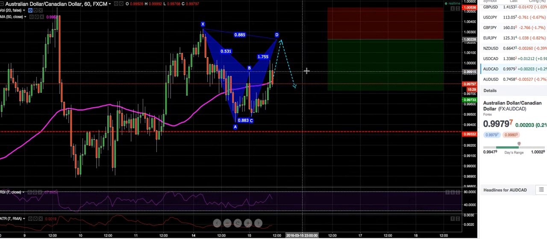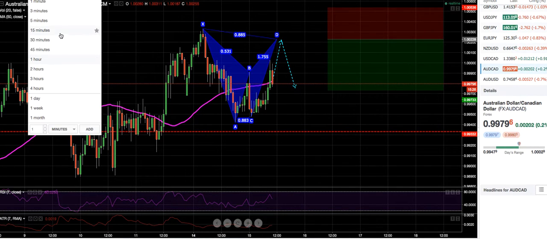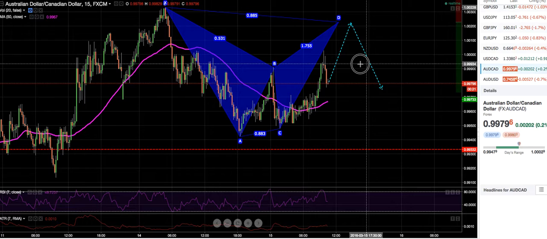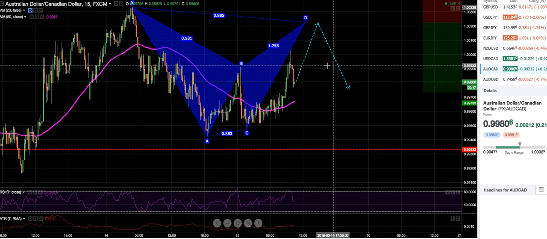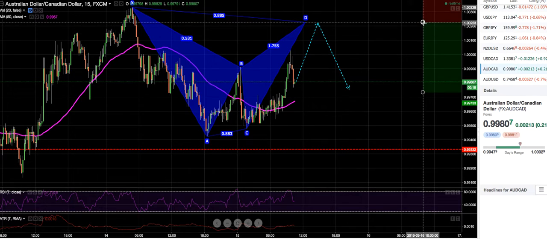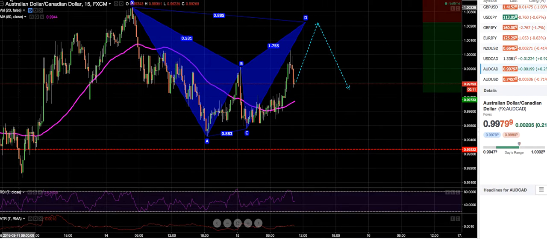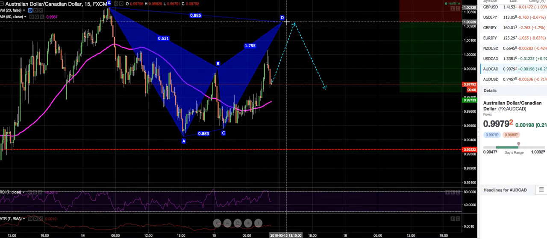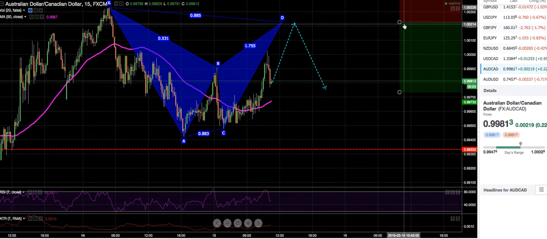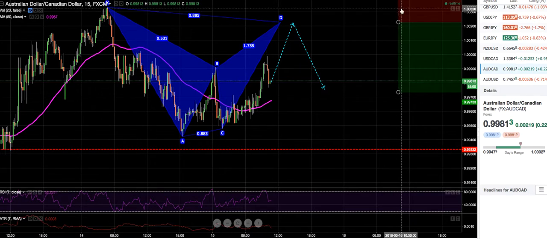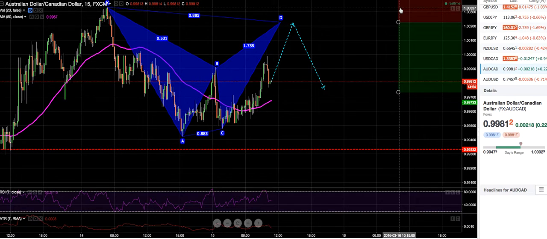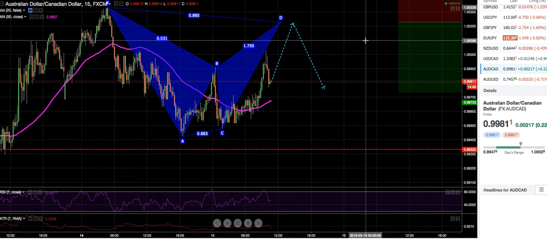So yeah, if the market pushes up, you could get short on the 15 minutes, making this a day trade. I think I like it a little bit better. Of course, you get the ATR at 10 or 8, so your risk would be smaller, but targets of hold. Yeah, I think I'm going